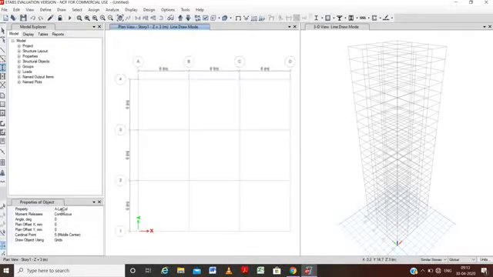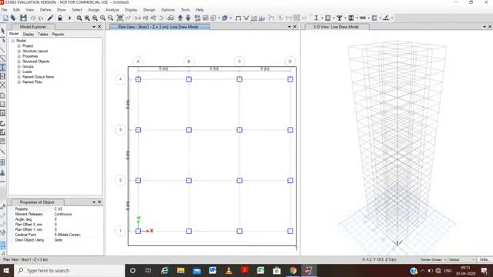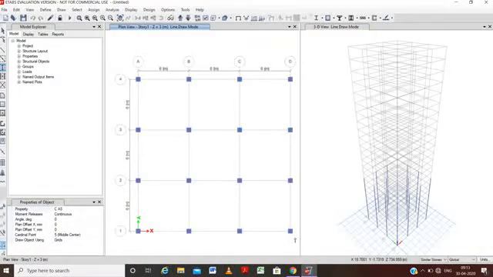At quick draw columns, we will first change the property, and we will change the property to column auto select, and then just drag this over all of this. We can watch in the 3D view that up to story 8, all the columns have been made because we have used a similar property option.